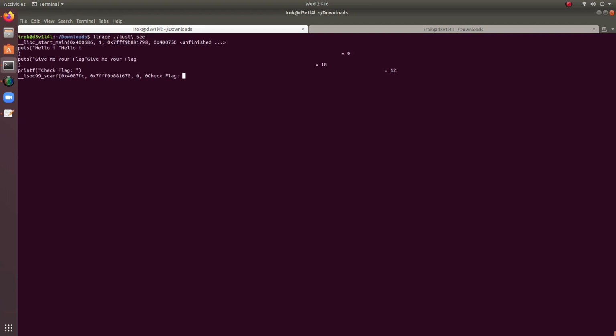Just see and random. Okay, so here you can see string comparison is done with our input and the actual flag, and then it is giving us bad. So here you can find out what the flag is. So this was the first challenge, or first program, which we were working on. So this helped you to understand the working of radare2. Okay,